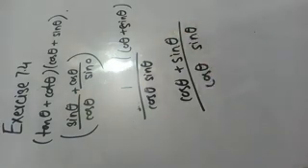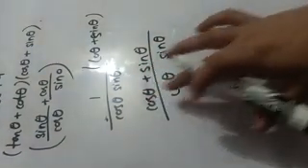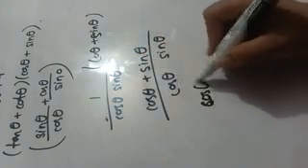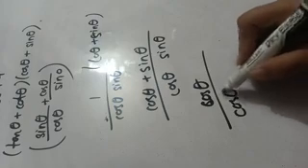Now divide them separately. You have to divide this by this, and this also by this. So it would be cos theta over cos theta and